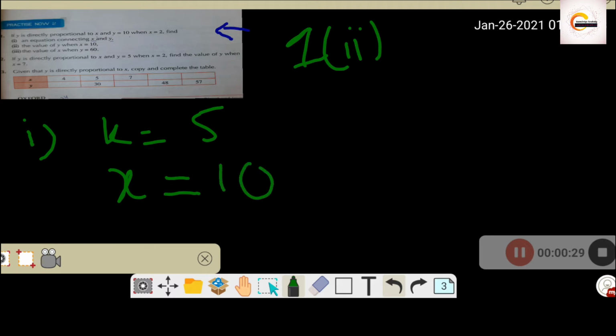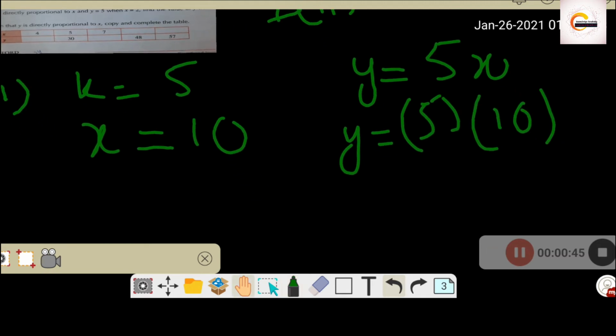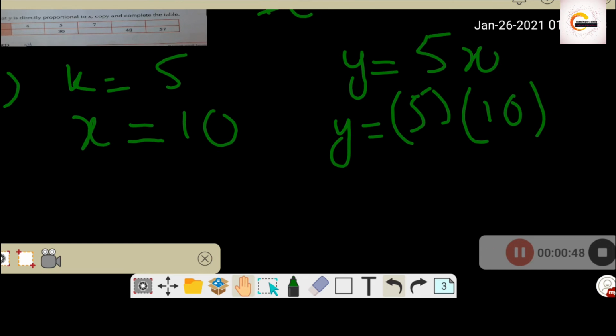So simple, we will put the value of x and we will find the value of y. 5 into 10 will give us